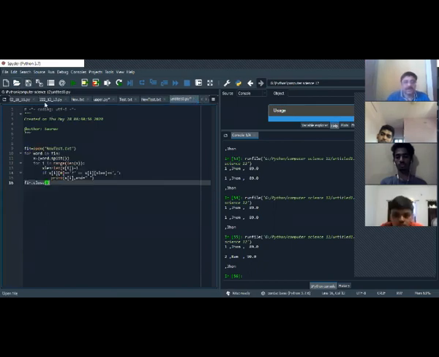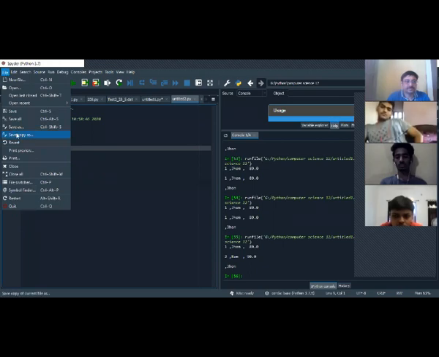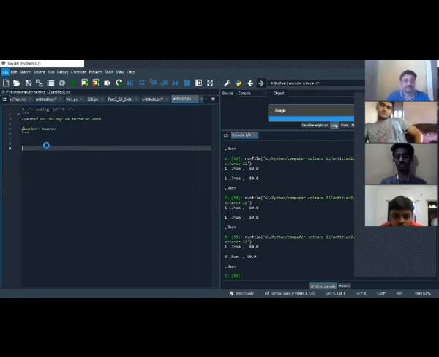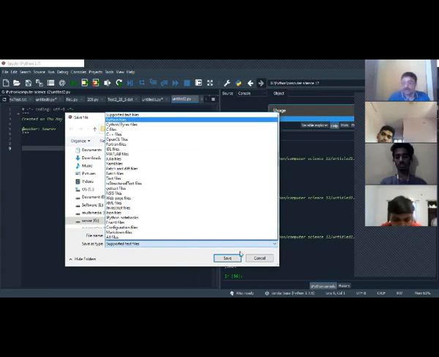So what I need to do, let me make one new file. Let me save as. I'm giving a name as count, and my Python file.